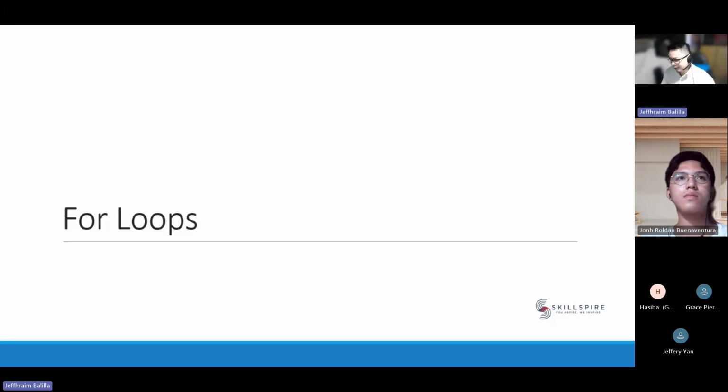Even a data frame, another type of structure that we will be talking about as we proceed along, can be used with these two types of loops. Okay, so let's discuss the for loops.